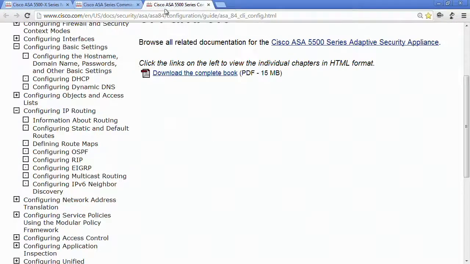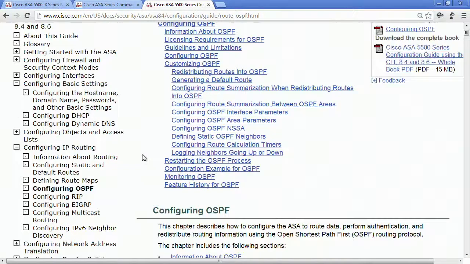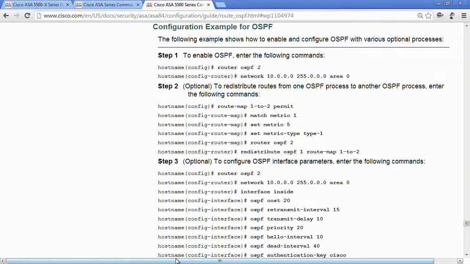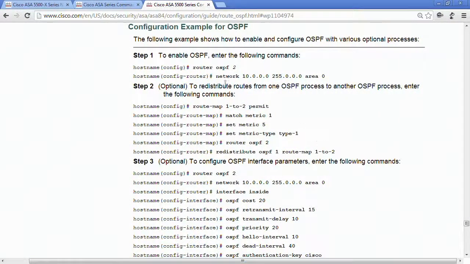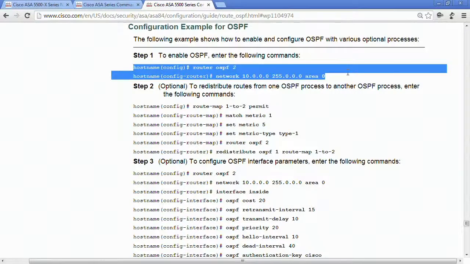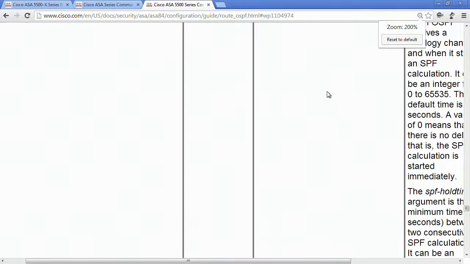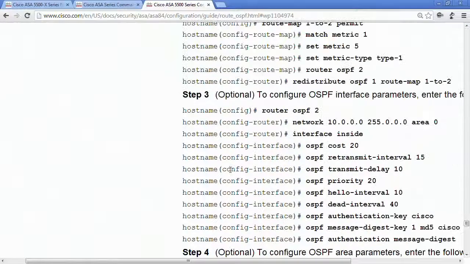let's say back at the configuration guide, let's say under configuring OSPF, and let's look at an example of this. The syntax is very similar to IOS, so as long as you understand just basic routing logic and how to enable the protocols, that's going to be the vast majority of the things that you would need to do on ASA. So here in this case, they're saying we will